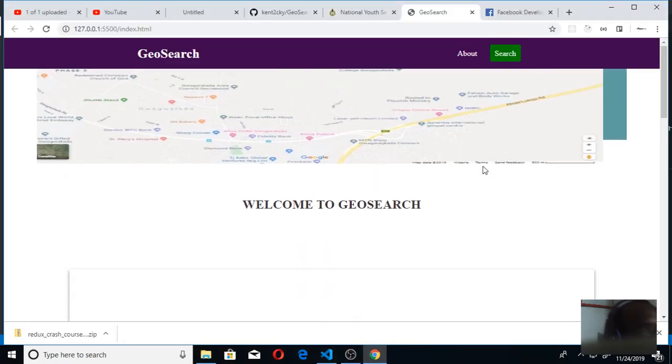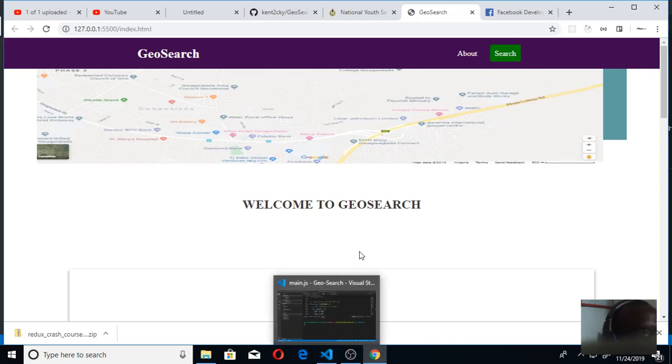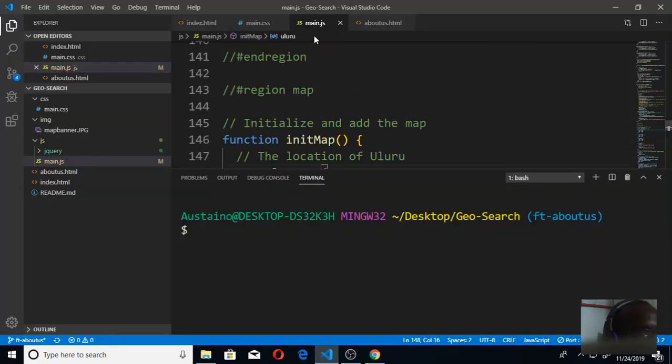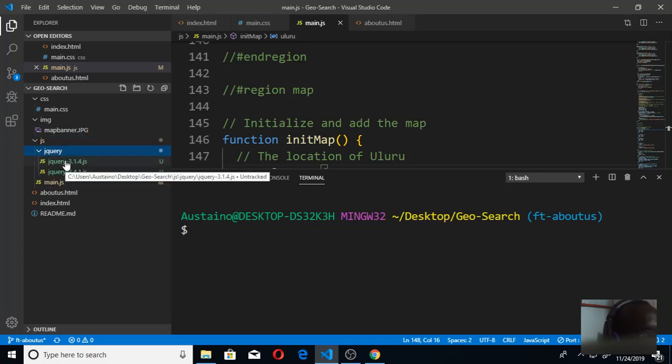Yeah, you remember where we left off in the last class for our Geosearch. So this is how it looked the last time, and I recently added main.js under the JS folder. I added a jQuery folder. So inside the jQuery folder, I pasted some jQuery inside it,